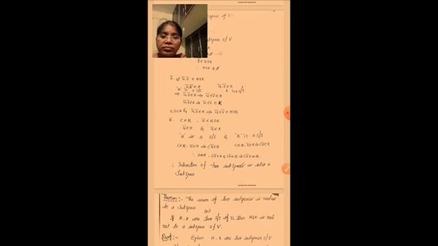Next, the closed under scalar multiplication property. Here we have to take one scalar from R, so c belongs to R. Let ū belong to H intersection K, which is nothing but ū contained in H and K. So ū belongs to H and ū belongs to K. So c belongs to R and ū belongs to H, and H is a subspace of V. And similarly, c belongs to R, ū belongs to K, and K is a subspace of V.